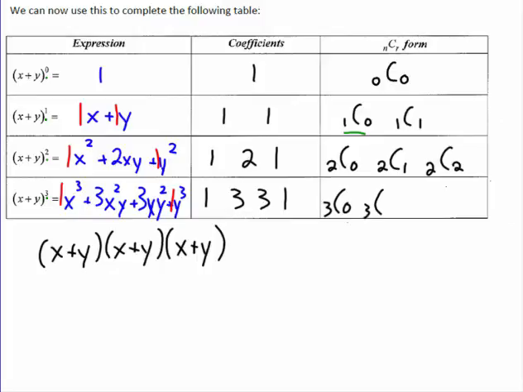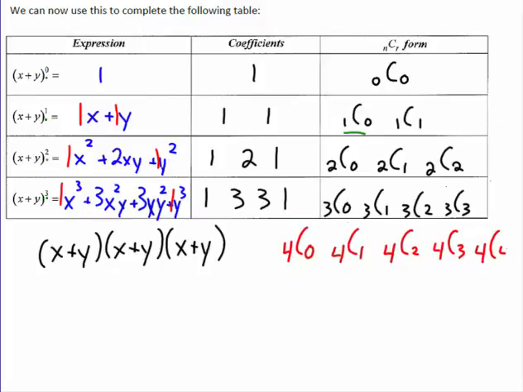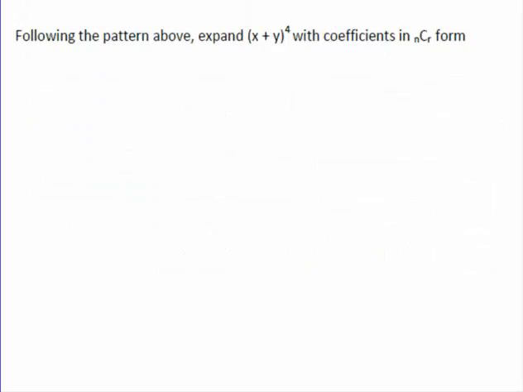3C0, 3C1, 3C2, and 3C3. Now we could continue this pattern of expanding because we know that the next row down will be 4C0, 4C1, 4C2, 4C3, and 4C4. So if we want to expand x plus y to the 4,